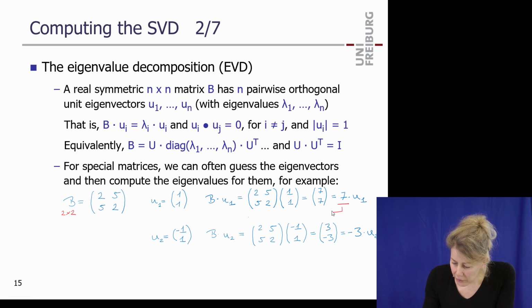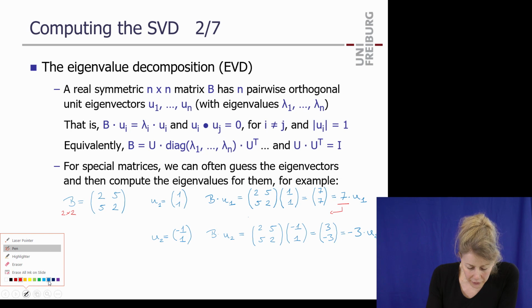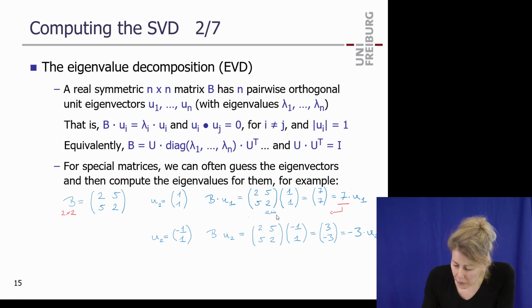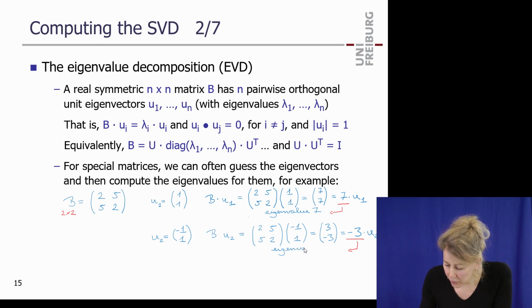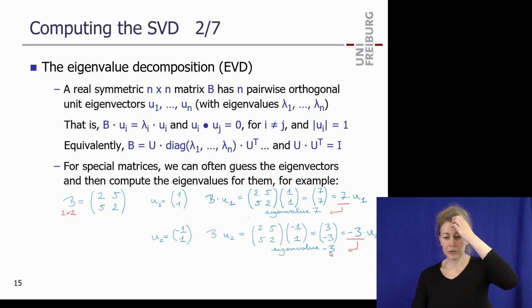So this is eigenvalue 7. And this is now eigenvalue minus 3, and I chose that example. So eigenvalues can also be negative, right? They don't have to be positive. So now you wonder, why are my singular values always positive? We will get to that. Eigenvalue minus 3. So now I have this pair of